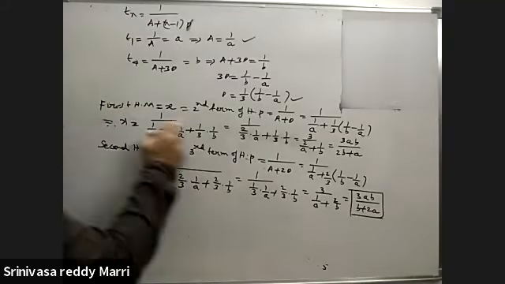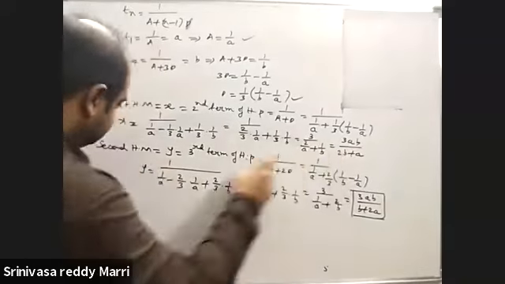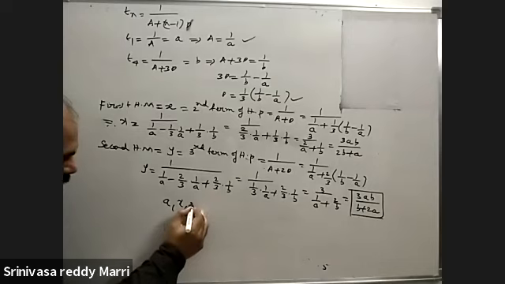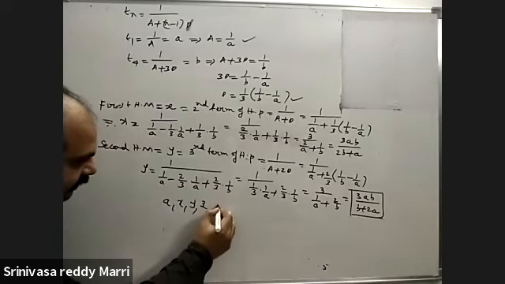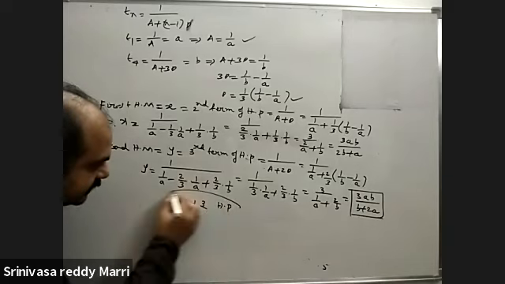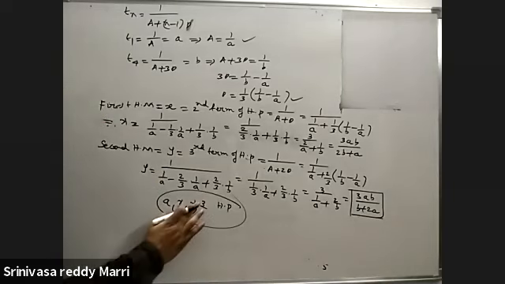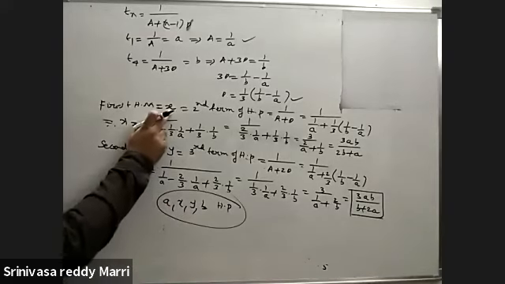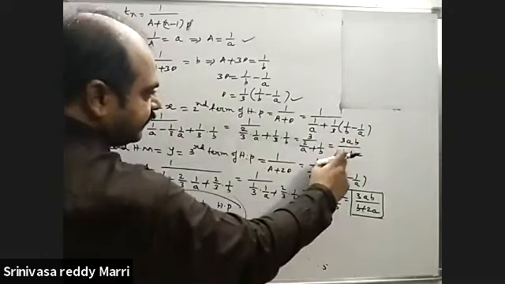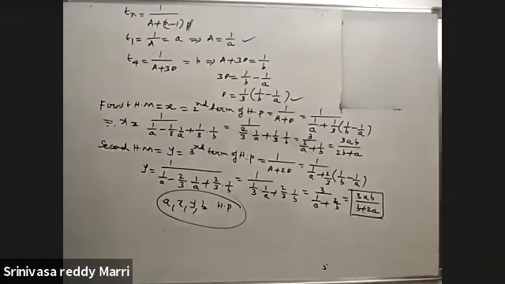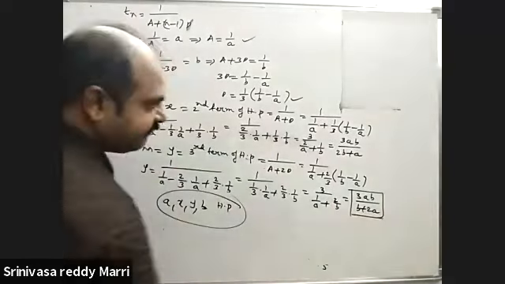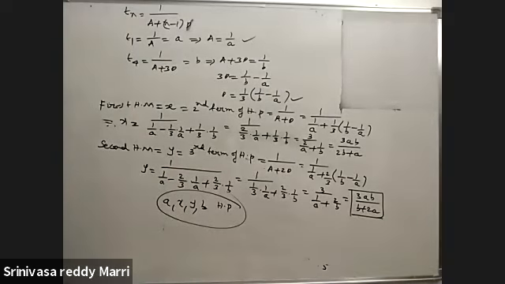So this is the first HM. This is the second HM. That means, look at, I have given that these are in harmonic progression. Now I have found out X. X is nothing but what you got, 3AB divided by 2B plus A. Y is nothing but the third term, what you got, 3AB divided by B plus 2A.